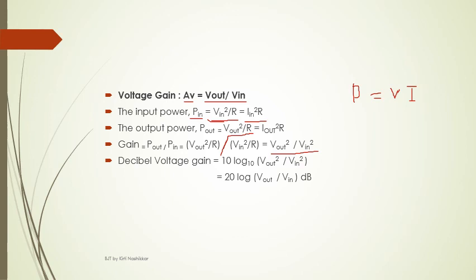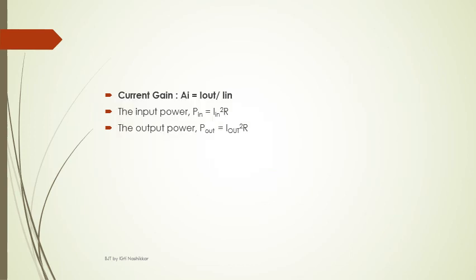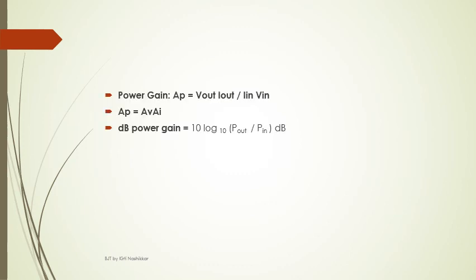You have to represent it in decibels, so we are going to replace this in the previous formula which we have discussed, and finally it becomes 20 log of V out upon V in. Similarly, for current gain also we can derive the current gain in decibels. We use the same formulas, and the final equation becomes 20 log I out upon I in decibels. For power gain, the equation becomes 10 log base 10 of P out upon P in. If you have to express your power gain in decibels, then you have to use this formula. Otherwise, for normal gain, it is a unitless quantity.